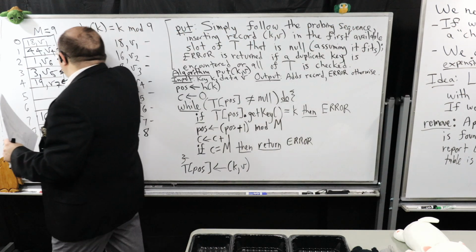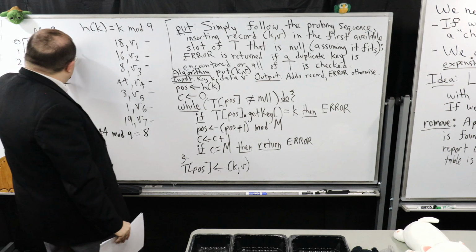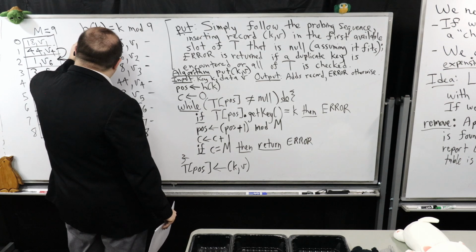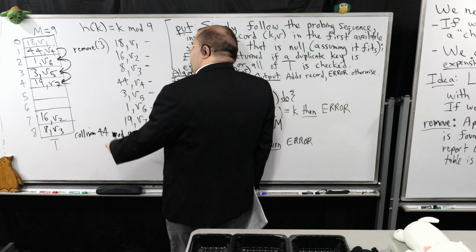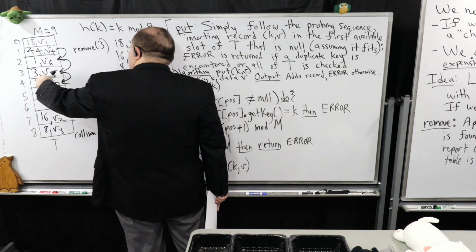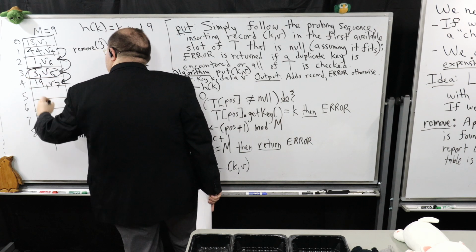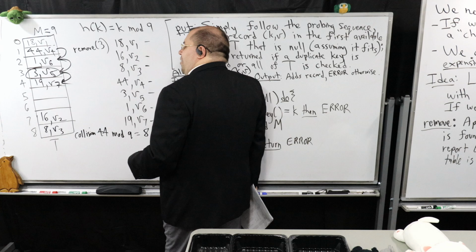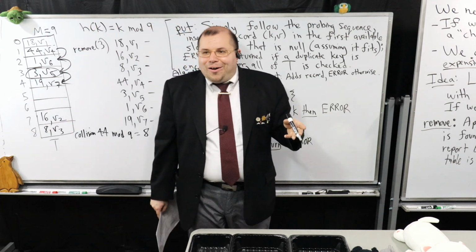So suppose that I applied remove, so if I went remove 3, I would apply the hash function. It tells me 3 mod 9. It's right here. If I just turn this into null, so I take out the data that I want, I make it null,